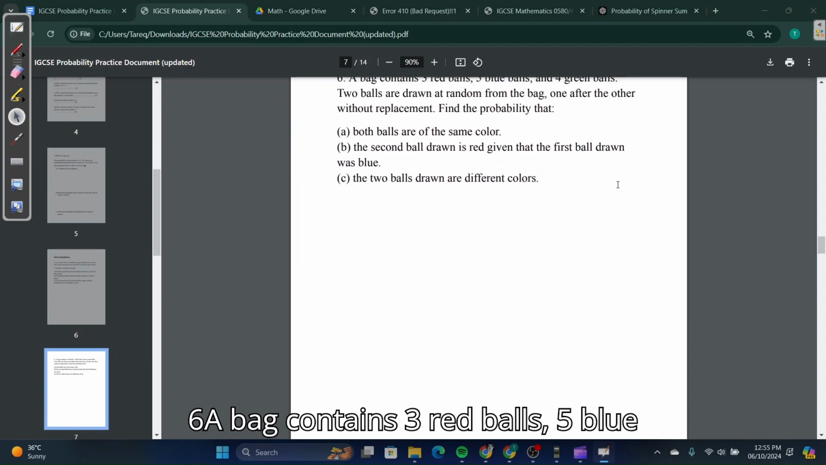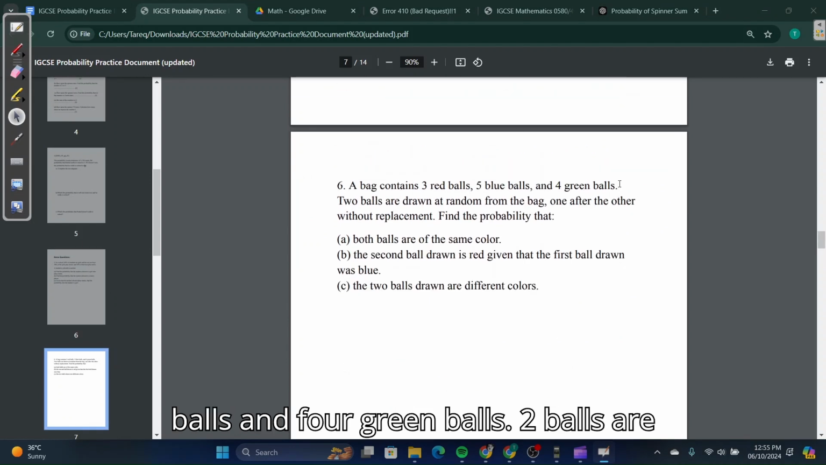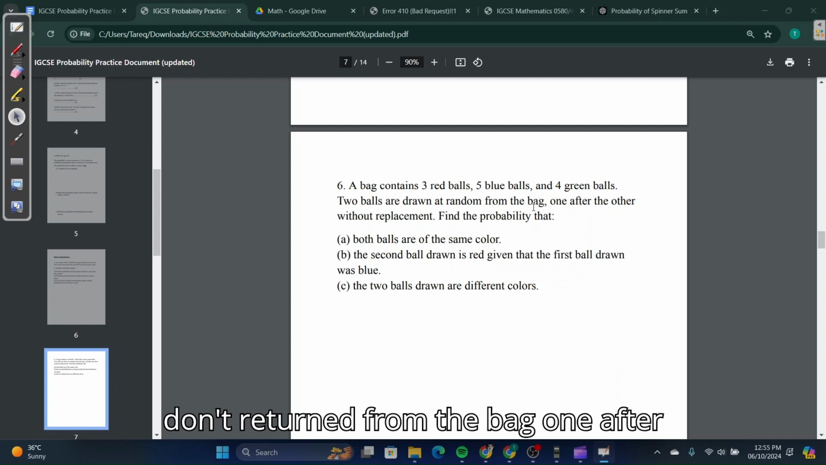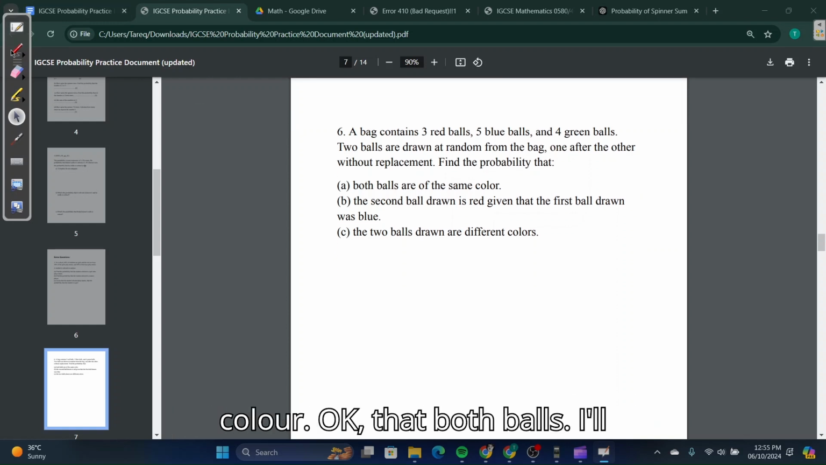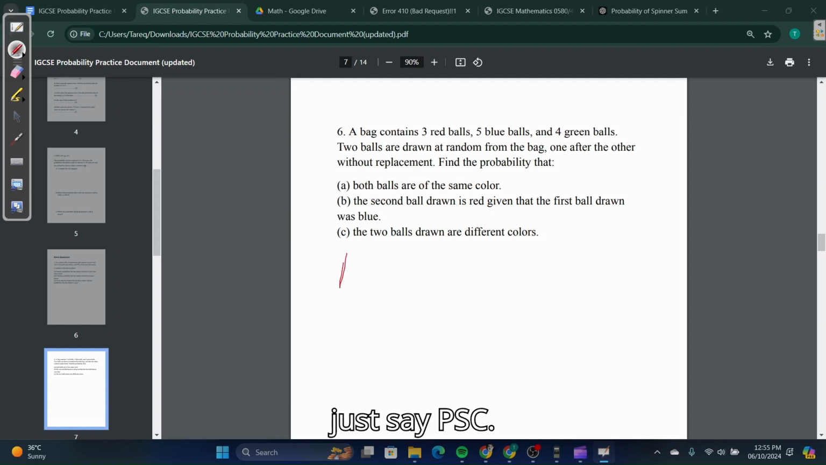Question 6. A bag contains 3 red balls, 5 blue balls, and 4 green balls. 2 balls are drawn at random from the bag, one after another without replacement. Find the probability that both balls are of the same color. Okay, I'll just say PSC